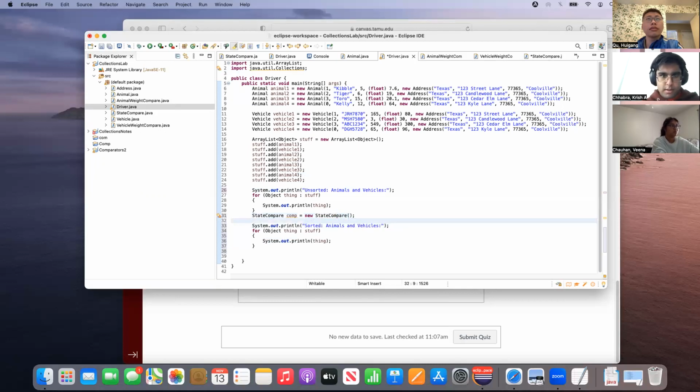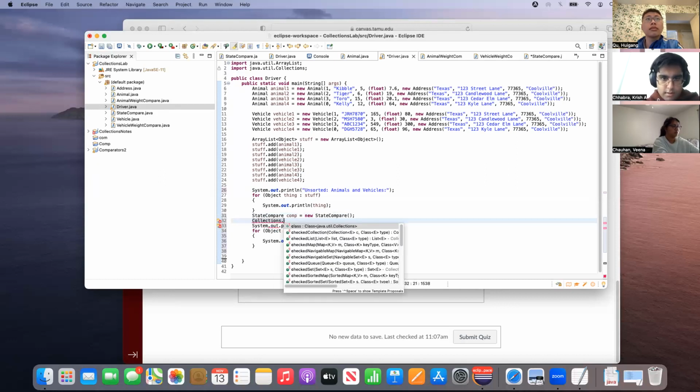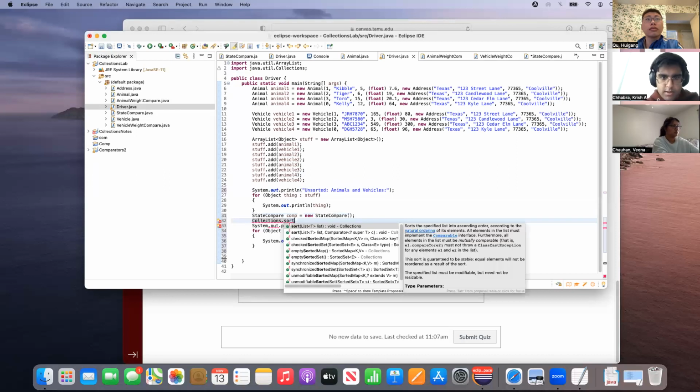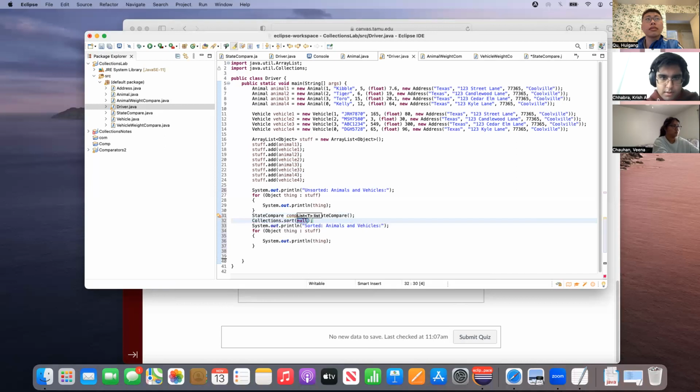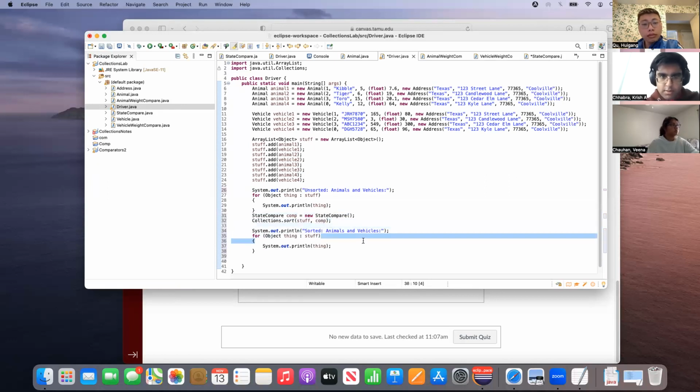And then below that, say collections dot. So Collections, capital C, yeah. Is it like that dot sort thing? Yeah. And then pass in stuff and comp. Yeah. And then we'll just need to change around